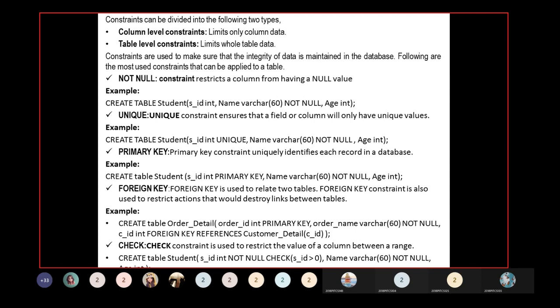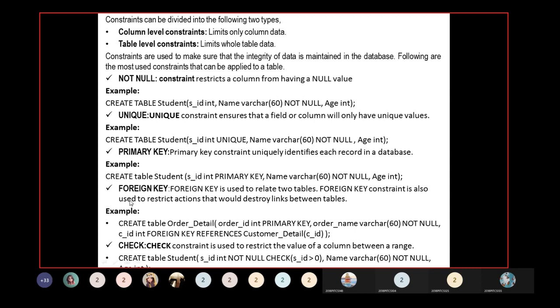When you are using a foreign key, you should put the reference in the syntax. After putting the reference, we can call the parent table, because the foreign key is a field in one table that refers to the primary key in another table, so we have to link two tables together.